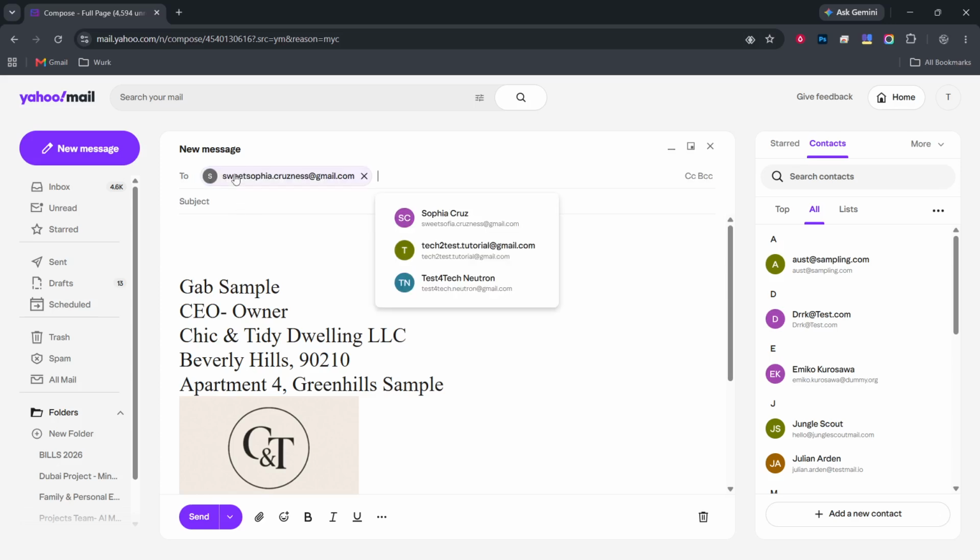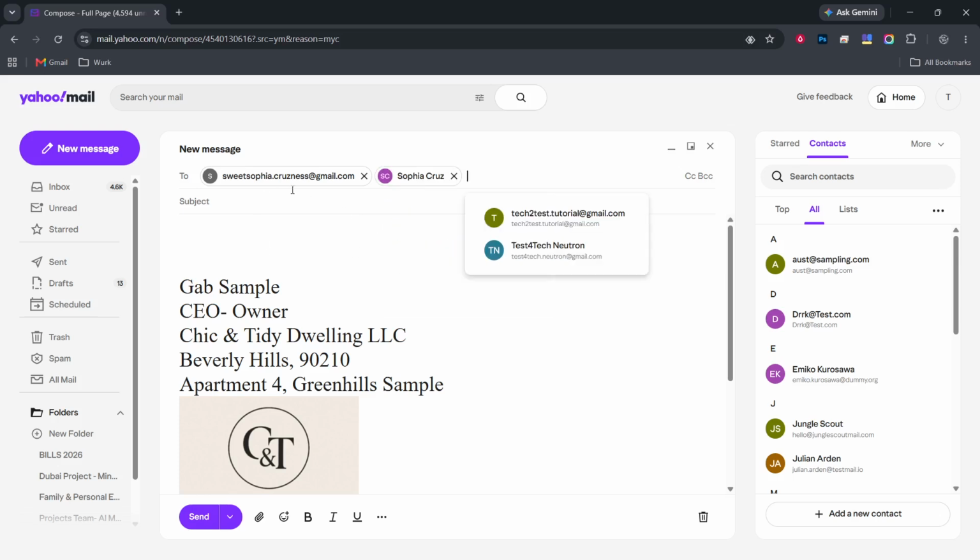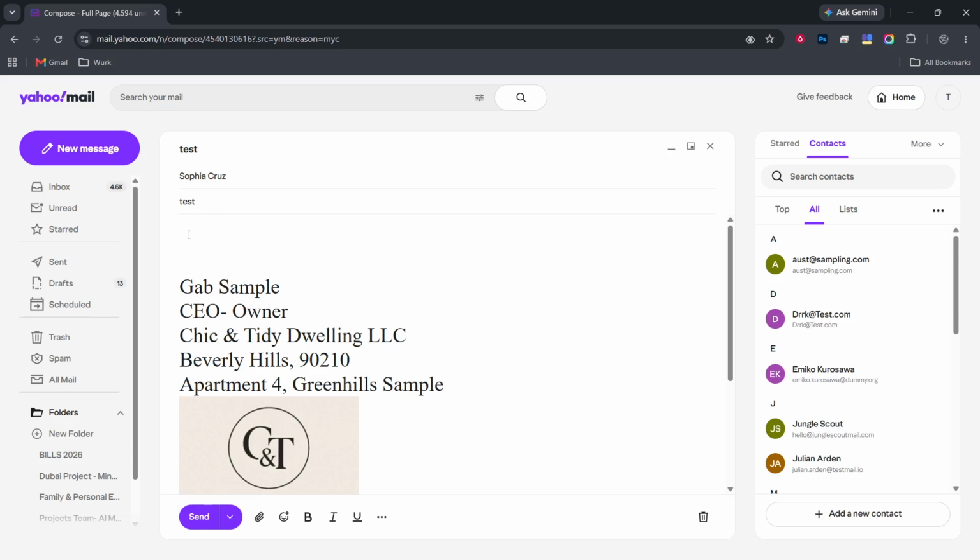Finally, click Send. This is the moment you have been preparing for. After reviewing everything, pressing Send will deliver your email along with the photo. You will see a confirmation message indicating that your email has been sent. This is reassuring, as it confirms that your communication has been successfully shared. Now you can sit back and await a response, knowing you have effectively shared your photo through Yahoo Mail.